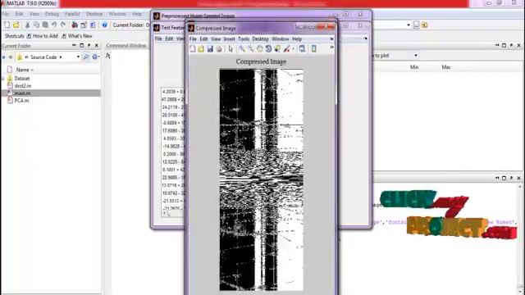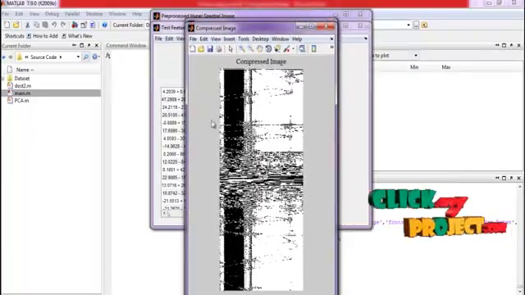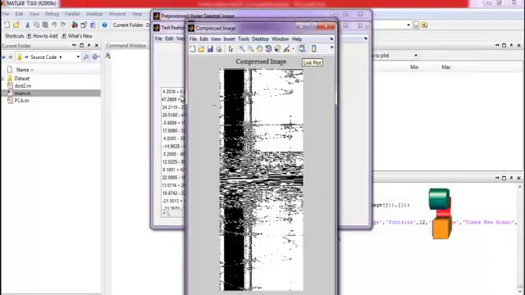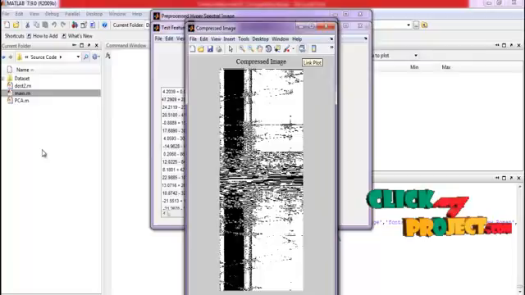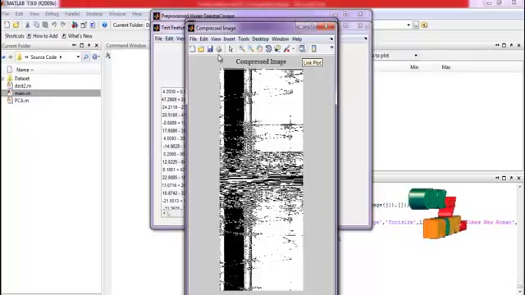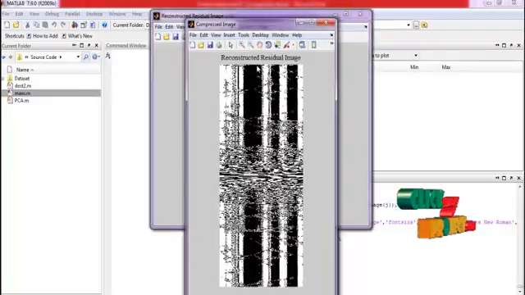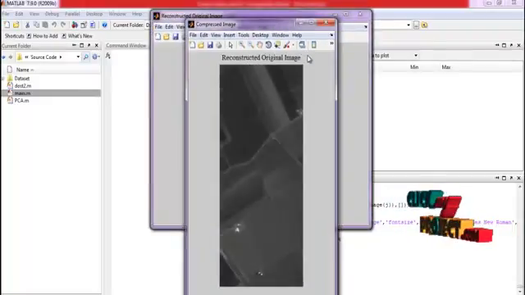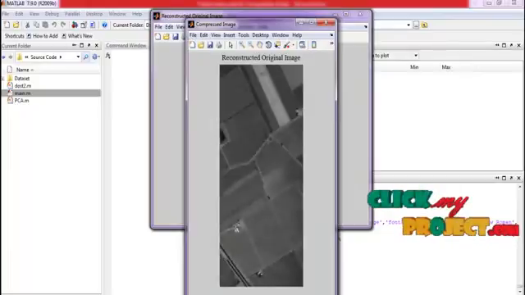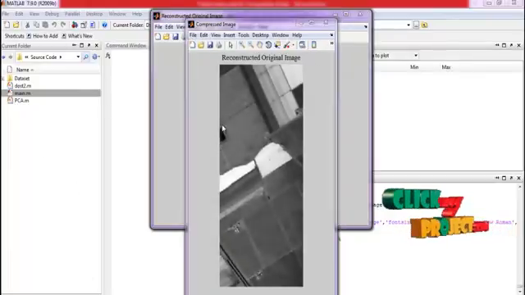Here we have obtained the compressed image using PCA algorithm. After that, we are going to perform the reversal operation of PCA in order to perform the decompression process. This is the reconstructed original residual image, and this is the reversal operation of DOST method which we have obtained